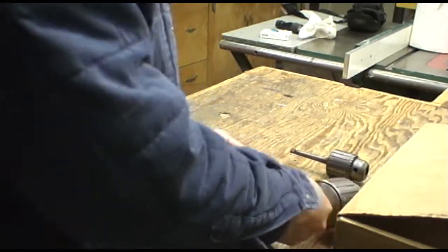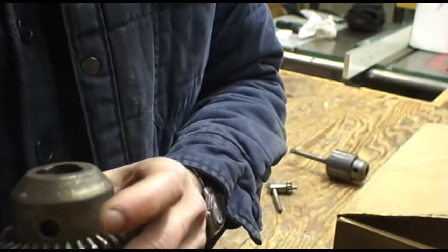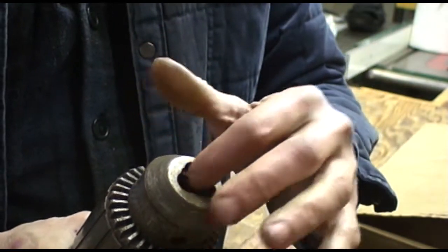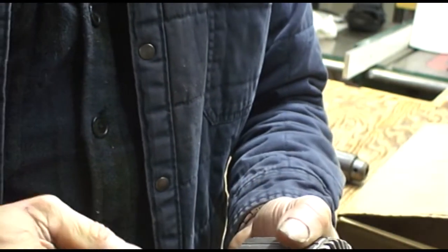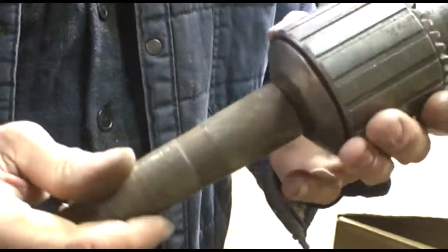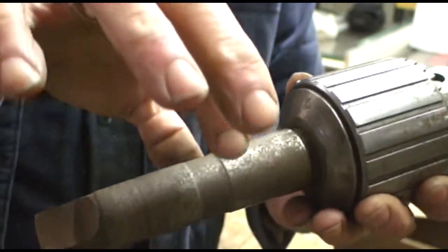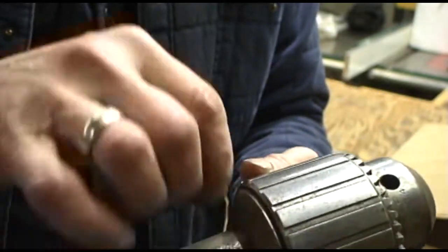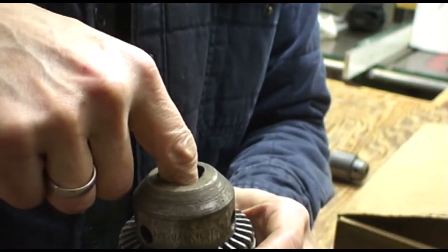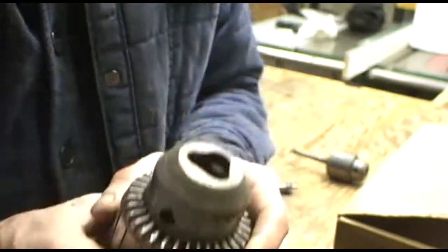One way you go about getting these out is by drilling a hole through the body of the chuck so that you can put a rod in and press this out. There are other ways I've seen. If you're not concerned with saving this, you can weld a collar to it, you can use wedges, but the easiest way is to bore down through the body of the chuck and then try to press it out. Fortunately,